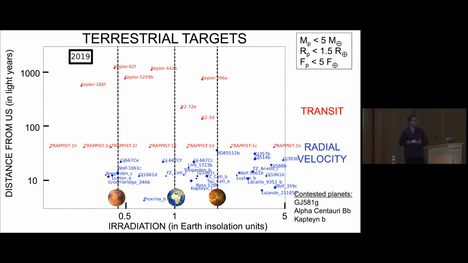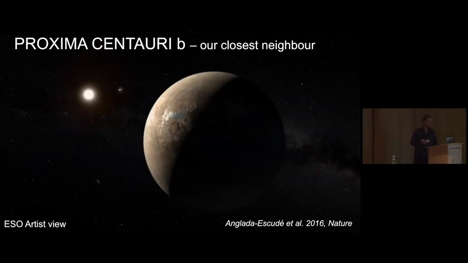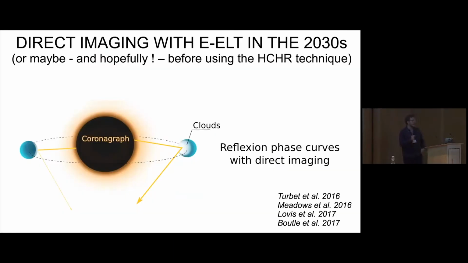And from that perspective, the best target we have in mind from this first category of planets is definitely Proxima Centauri b. Thanks to its extreme proximity, with direct imaging taking advantage of the very high angular resolution of the planet, we may be able, first with the ELT and even before potentially with the VLT, using the high resolution technique coupled to the direct imaging technique, to characterize potentially the atmosphere, clouds, and surface of Proxima b.